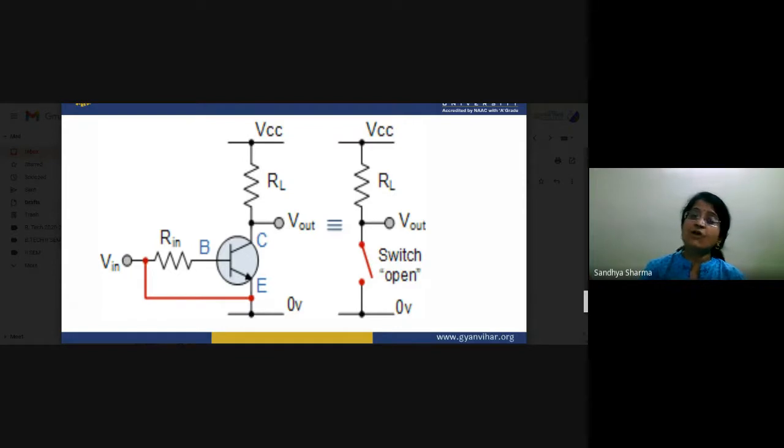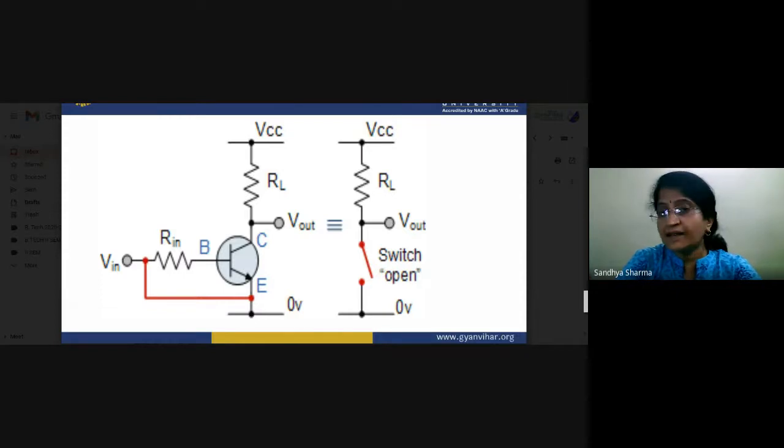Now, one more thing is the common emitter. It is also very important, and it generally offers power gain. The power gain of a common emitter amplifier is very high. So in cases where you have to increase your power a lot, at that time you have to use the basic property of the common emitter amplifier.